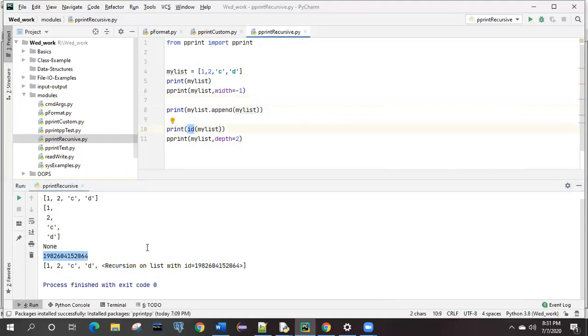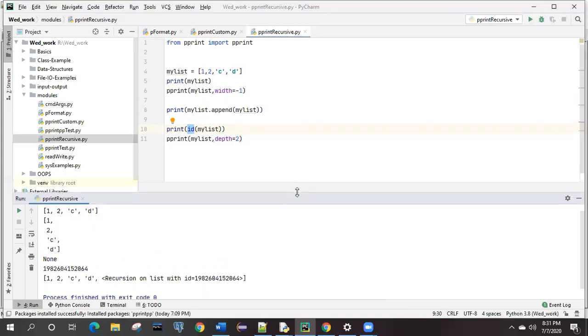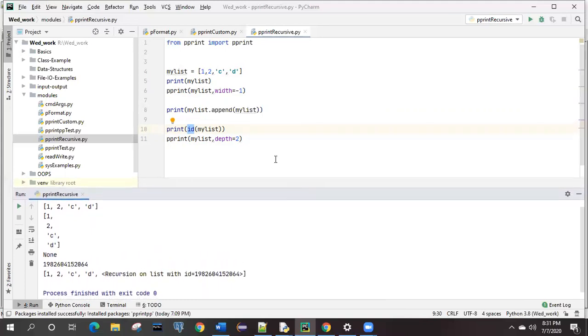And it is telling you, if it is one time it will give you the three dots. If it is more than that, it will tell you. Earlier it was giving the three dots one time, but now it is printing the recursion work over here. It is telling that you are working on the recursion kind of thing inside this list.